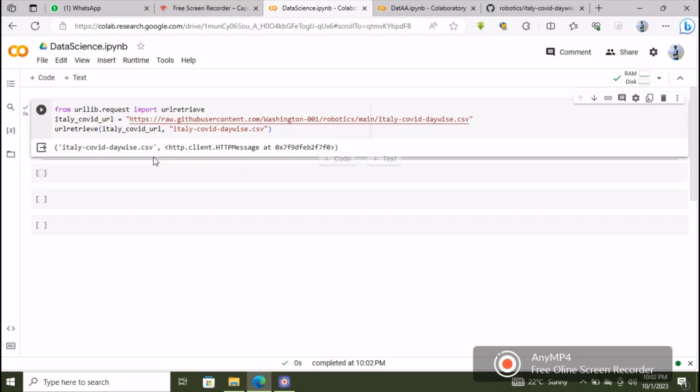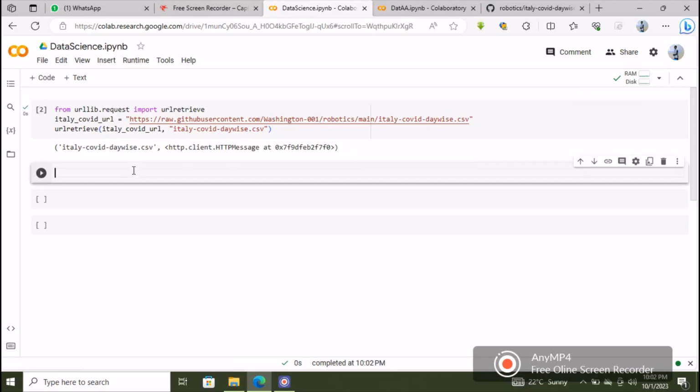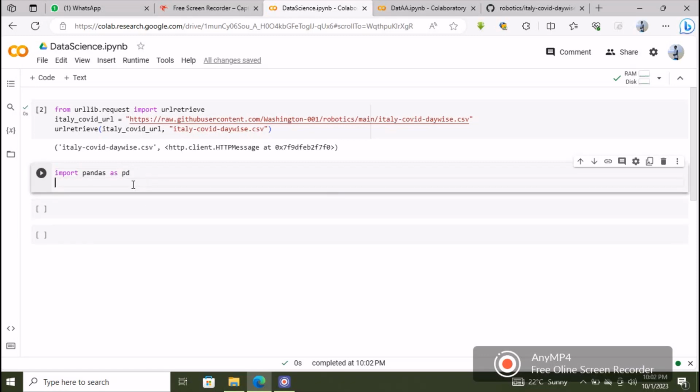As you can see, it executes, so this means we already downloaded the file. In this second cell we are going to use pandas to get information about the data that we have. Pandas is a Python library that is used for data analysis. So import pandas as pd,